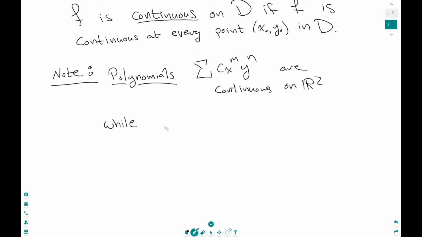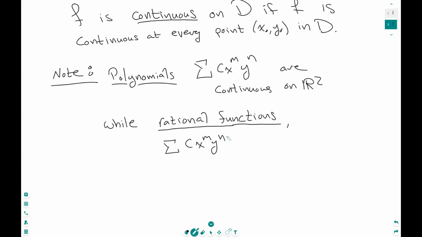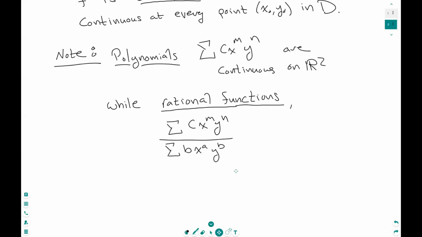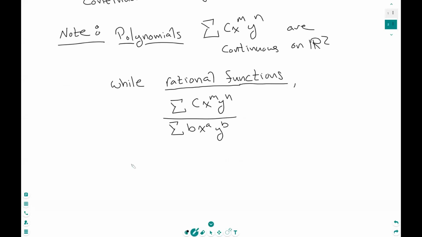While rational functions, which are defined by some polynomial in the numerator and then maybe some polynomial in the denominator, are continuous everywhere